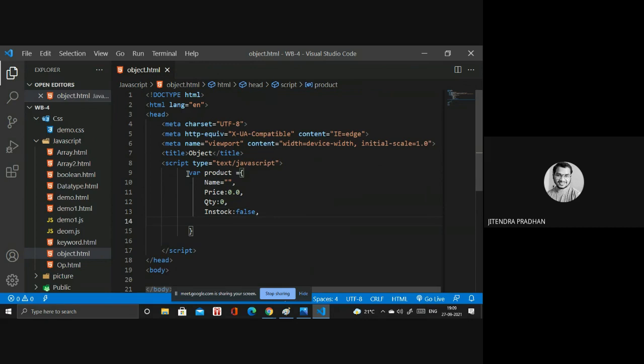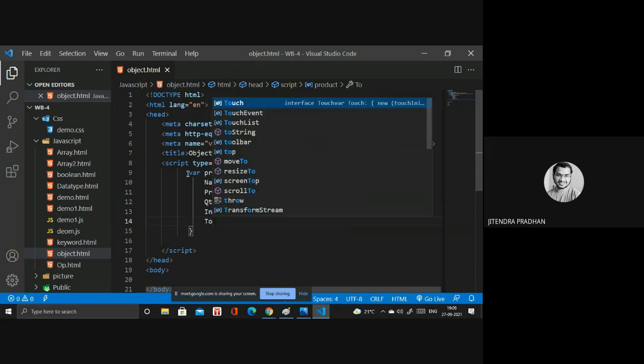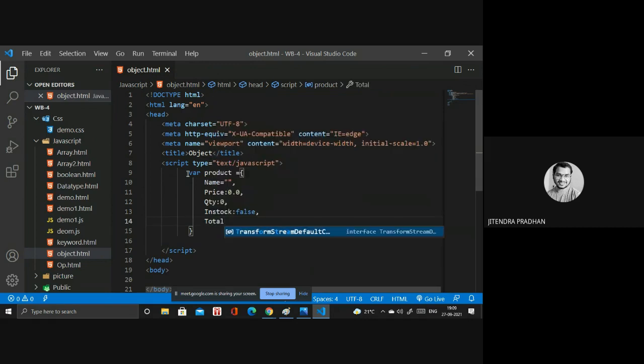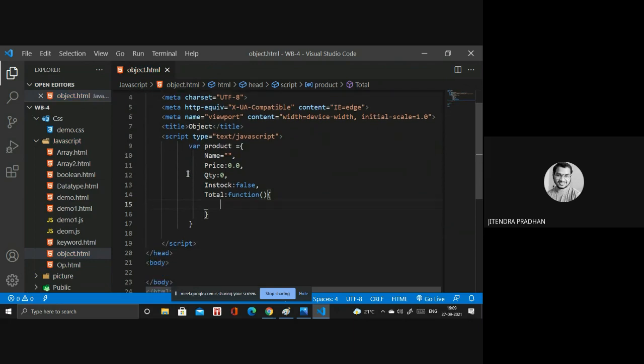Next we write a total. It's my property, and inside I will add a function to do the operation, like I want to multiply all these things. So return will be written. The function returns this dot quantity. If you want to access any object value, at that time we use the this keyword.